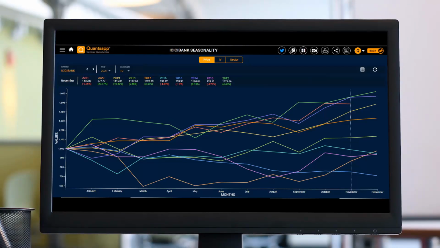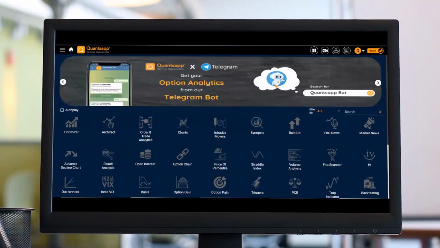So there are multiple ways of using the seasonality panel. The first one remains the same, wherein you can directly find an instrument, but from a monthly perspective rather than an intraday perspective. Then we can also try to identify such opportunities where the instrument tanks in a particular month and convert our delivery or investment into a hedged option strategy. So that was it from this video.